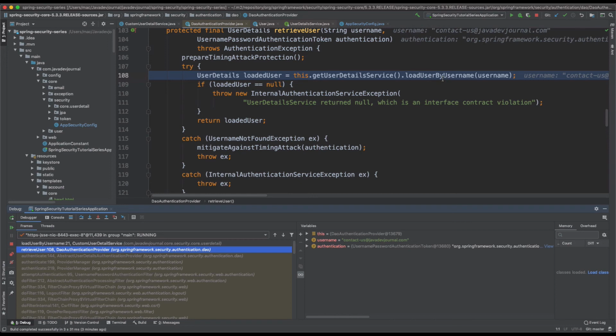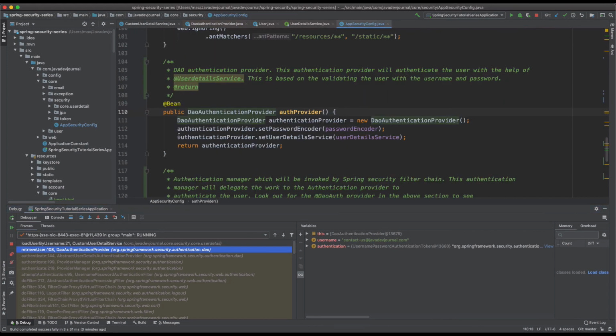Now, if you remember, Spring Security provides only an interface, and we are supposed to provide the implementation for the user detail service interface, and that is what is happening in our DAO authentication provider. We are telling this authentication provider that for a user detail service, use our service. All right,